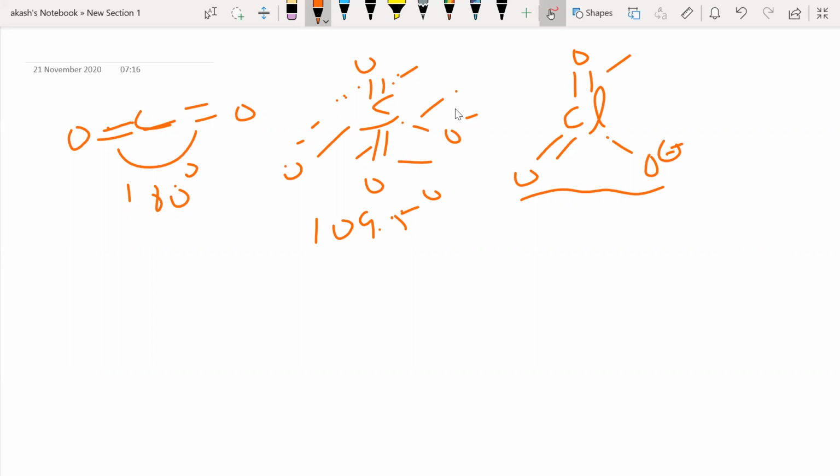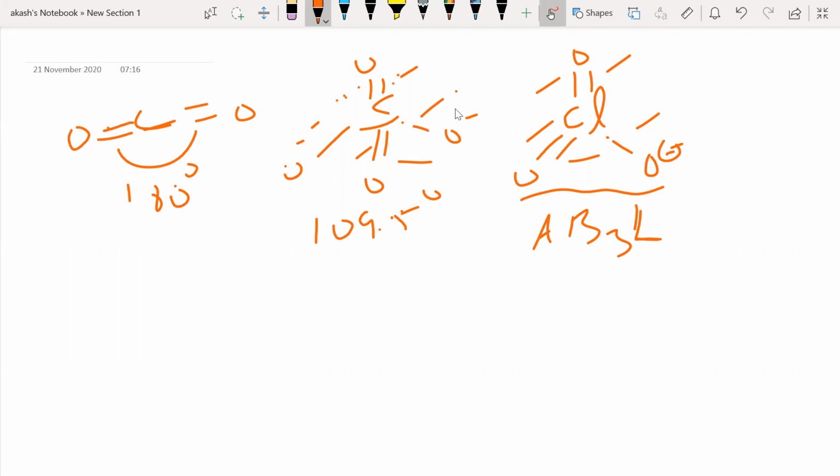Absolutely. Right. So I have 1, 2, 3, 4, 5. I have 5 bonds out of 7. 5 are involved in bonding. So this comes under the type what? AB3L. Correct. So this is like ammonia. Is it not? Ammonia, NH3, is also going to have 3 bonding atoms and 1 lone pair.